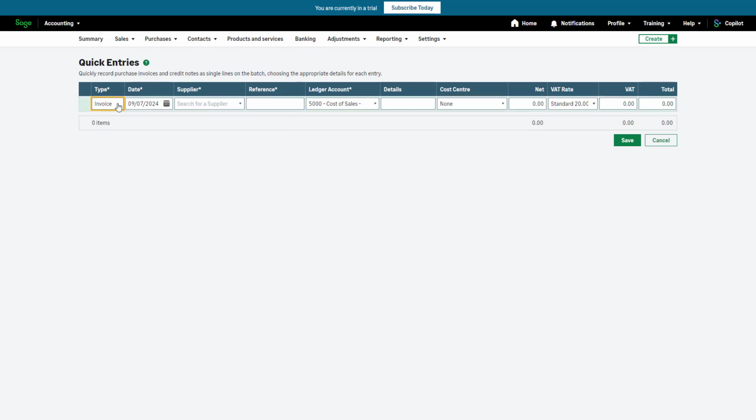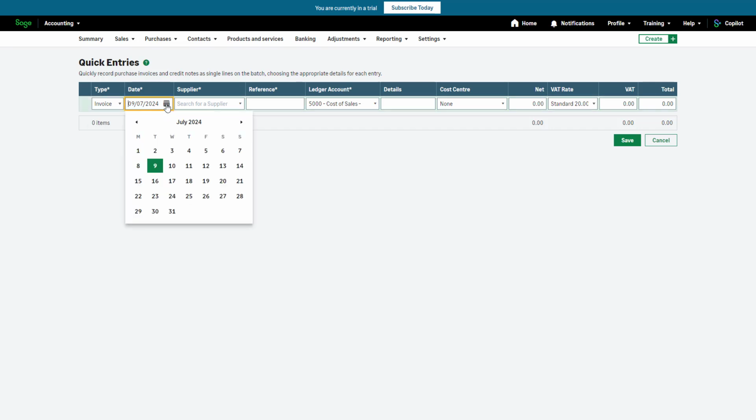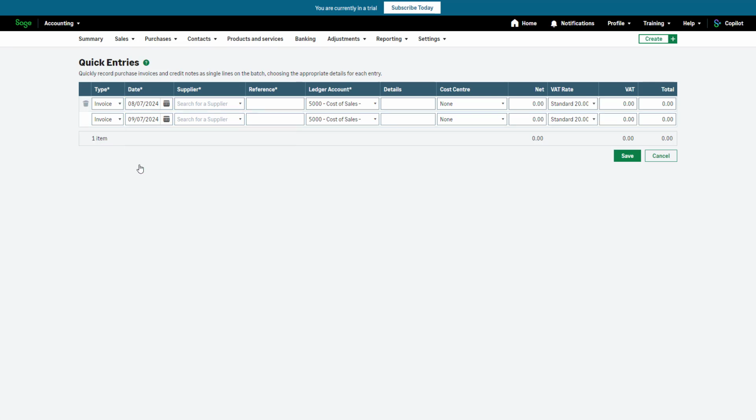Start by selecting the type of quick entry from the drop-down list. This can be an invoice or a credit note. Then enter the transaction date. By default, this will be today's date, but you can change it using the calendar icon or by manually typing it into the box. In the supplier box, select a supplier from the drop-down list or start typing the supplier's